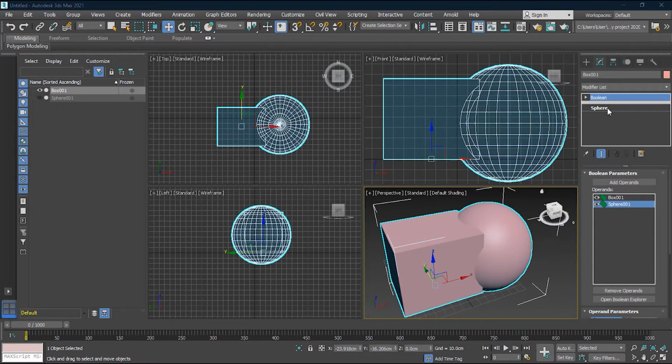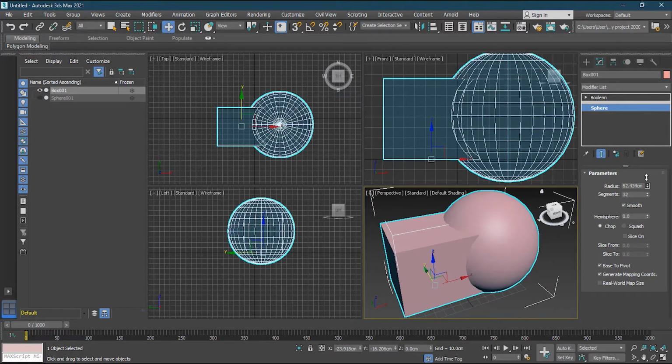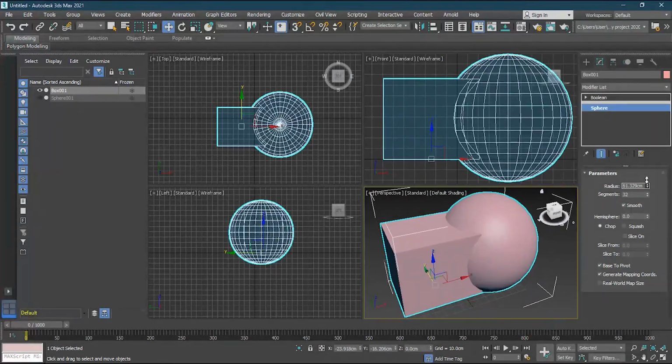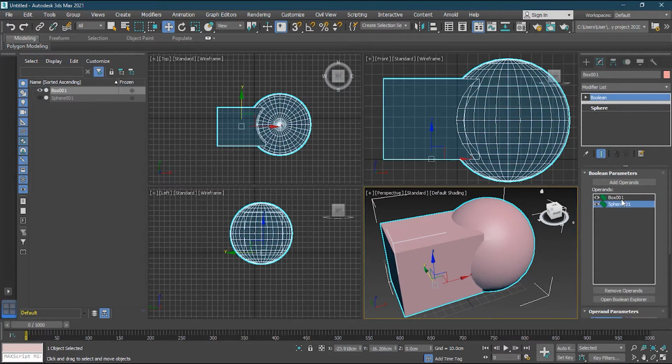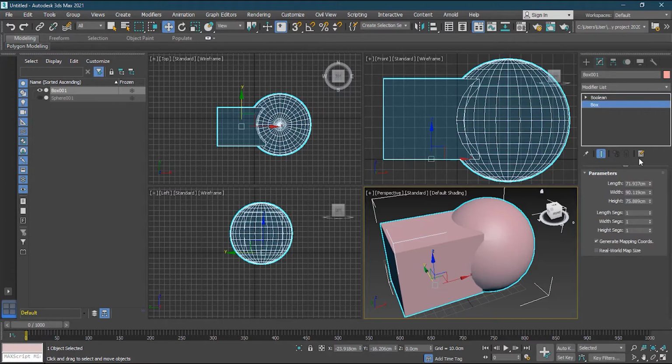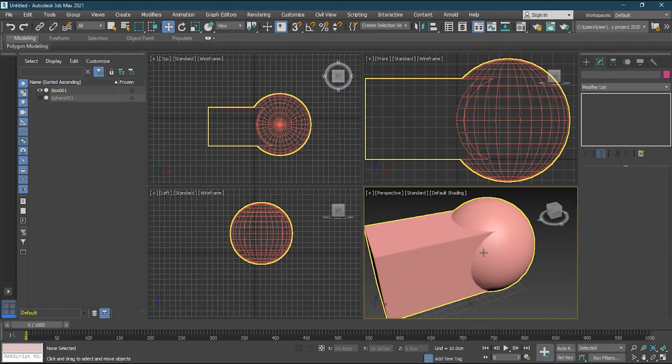Now I can still go and fix the sphere. As soon as I go here, I can make it bigger or smaller, and you can see how it is working. And if I go back to the Boolean and click on the box, I can still go on the box and make it bigger or smaller, so you can still do the changes here. So how do I know that it's one single object